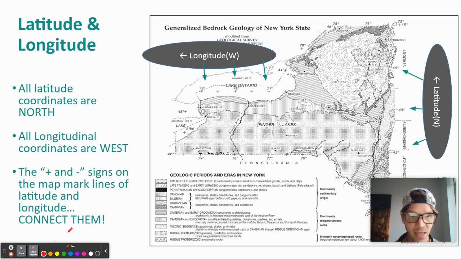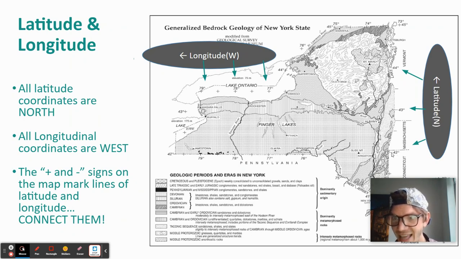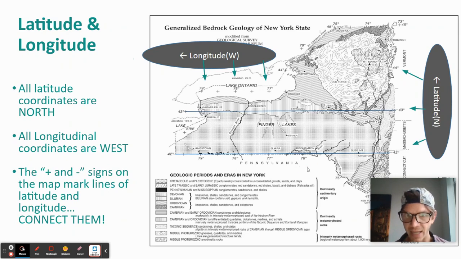Now you're also going to notice that there are these little hash marks or these little plus signs interspersed throughout the map, and they're there for a reason. They're actually giving us those latitude and longitude coordinates. And a lot of times in class, I'll have my students, when they're first looking at this map, connect the line. So if you see 42 degrees on this right side, right next to that little hash mark, and we see 42 degrees on the left side, we can draw a line and connect those 2 points to draw the 42 degrees north latitude line. And we can do that for all of the other lines of latitude on the map too, 43, 44, 45,